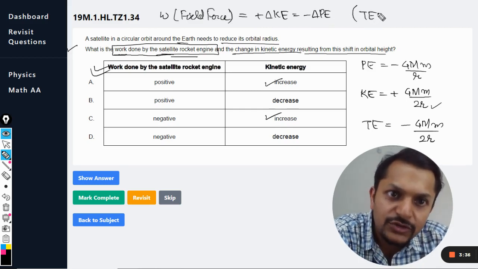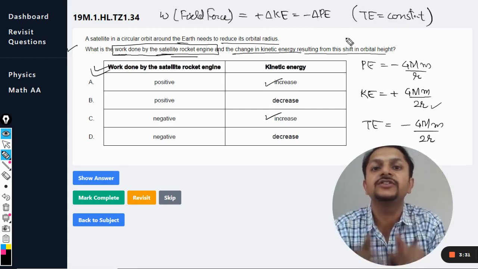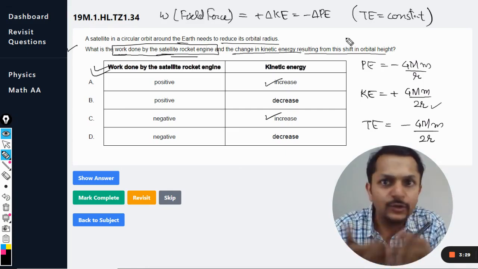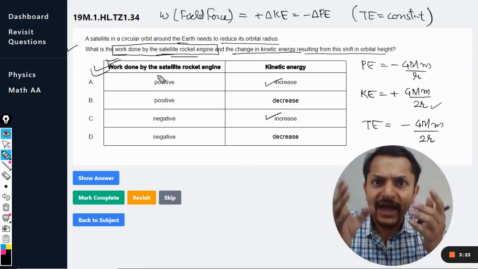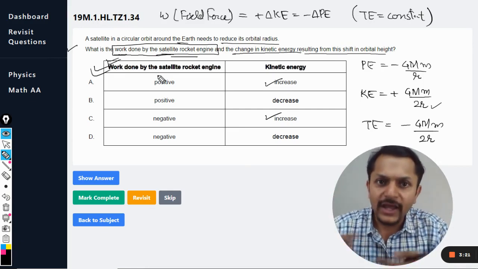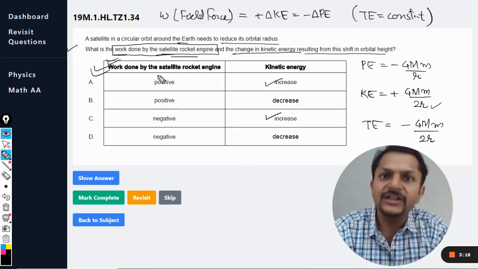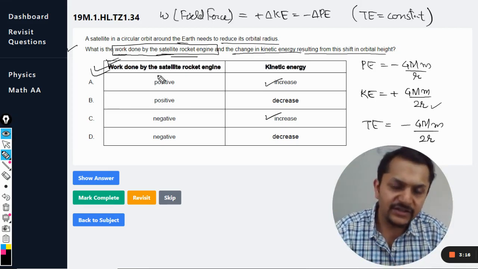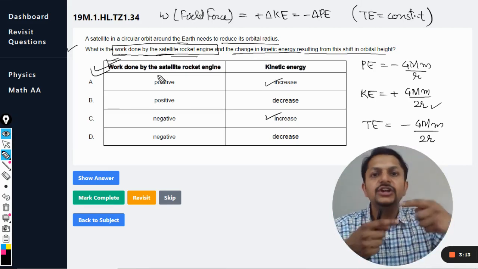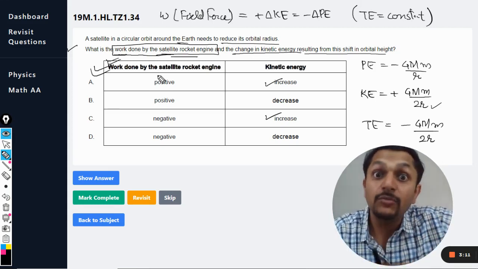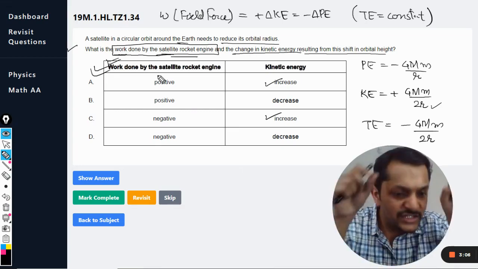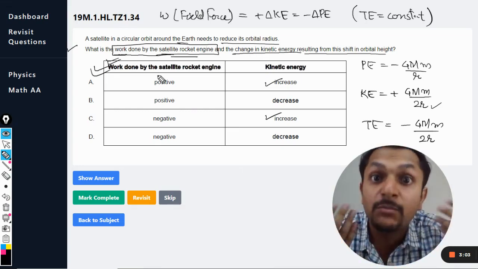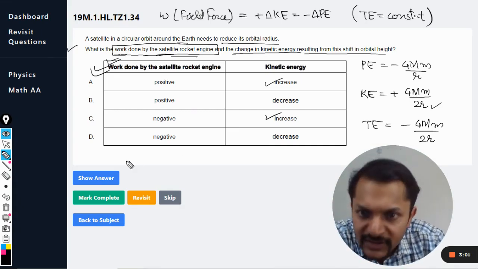My dear students, we can use this statement only when we are confirmed that the total energy of the body remains constant. You are not going to add the total energy. Now, in this case of the satellite rocket engine, you are actually firing the engine. So you are actually increasing the energy of the satellite, isn't it? Like for example, the satellite is having some energy. Now you start firing the rocket, it is having more kinetic energy. It is now moving with the faster pace. Obviously work is done by the engine, energy is given to the satellite, so satellite now has more total energy. So I can always say that the